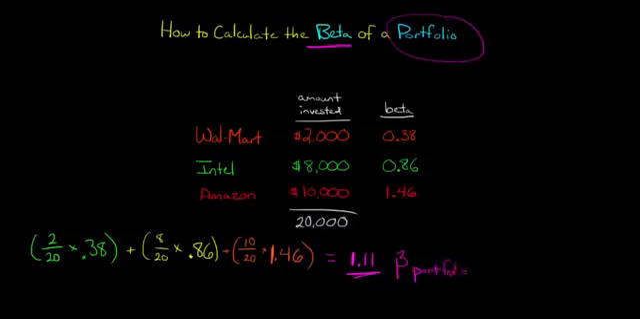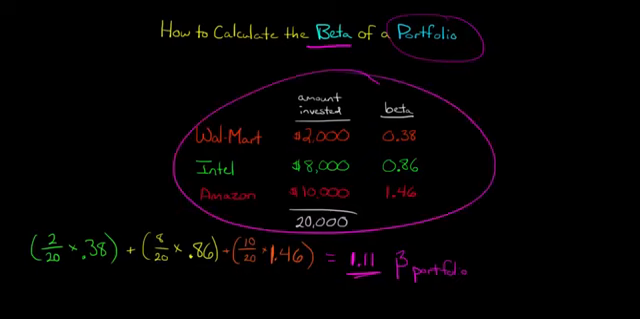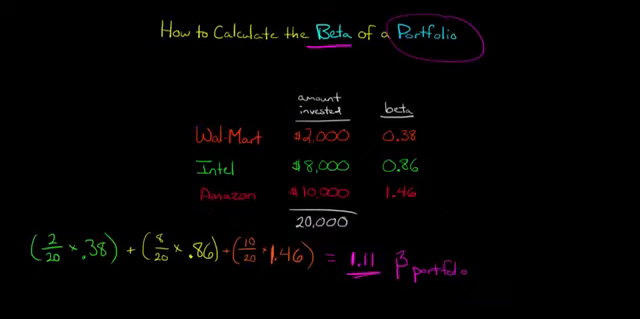Now that tells you how much systematic risk. That's what beta is, a measure of systematic risk. 1.11 is how much systematic risk there is in this portfolio that you've put together. And you notice that 1.11 is greater than the average systematic risk, or the systematic risk of an average firm, because it's greater than